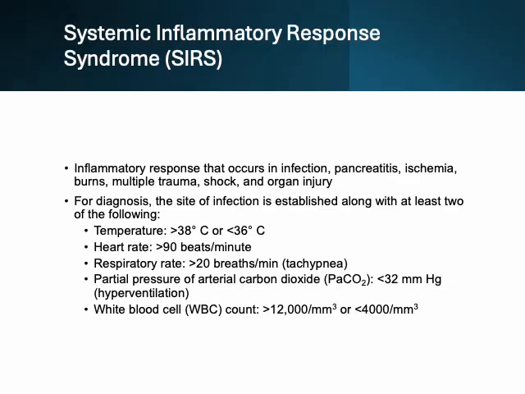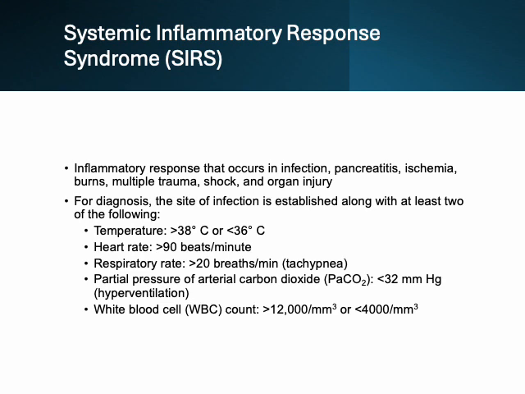Systemic inflammatory response syndrome, also known as SIRS, is a time when our inflammatory responses and tissue injury occurs in infection, pancreatitis, ischemia, burns, traumas, shock, and organ injury. For diagnosis, the site of infection has to be established already, and at least 2 of the following also need to be present. So you have to have already established that there is a site of infection, and one of